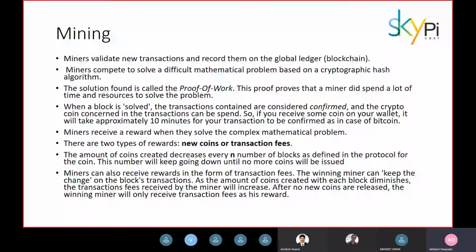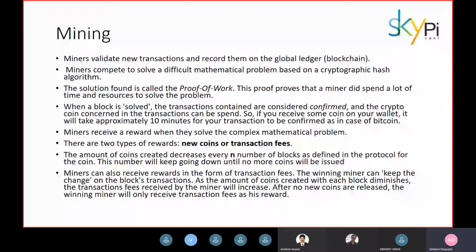So reward halving is a concept wherein after a set number of blocks, the number of crypto coins that are provided as reward to the miners get halved. This is something that is happening in Bitcoin. This is something that is happening in FLO. It happens in every proof of work coin. So I say n number of blocks because the value n is different for different coins.